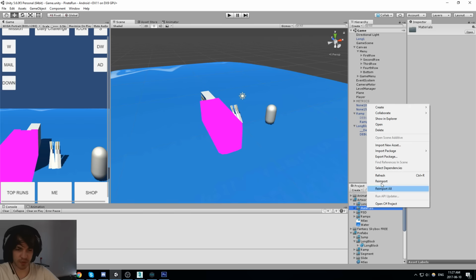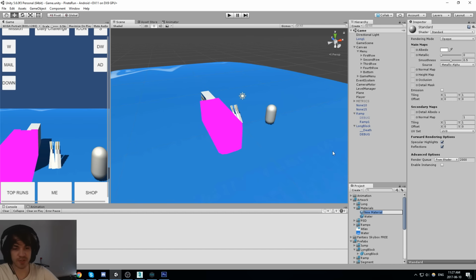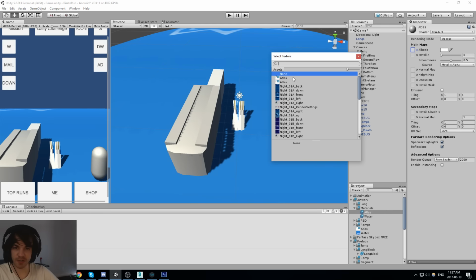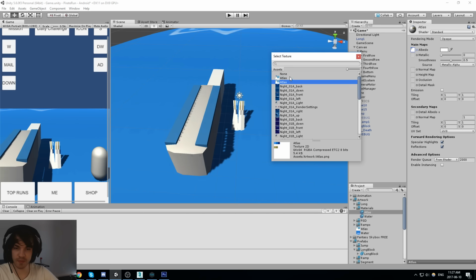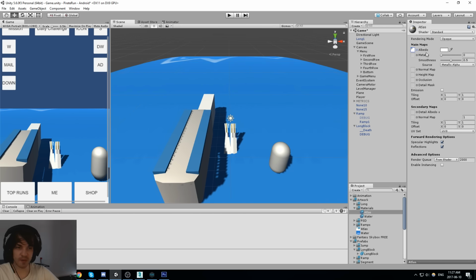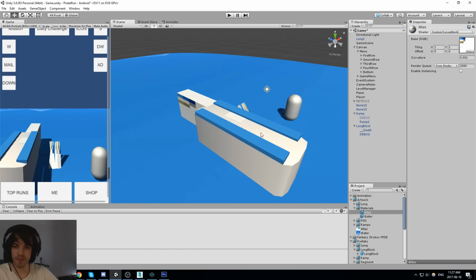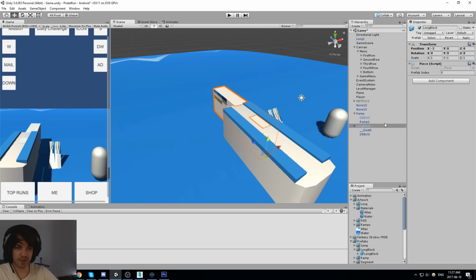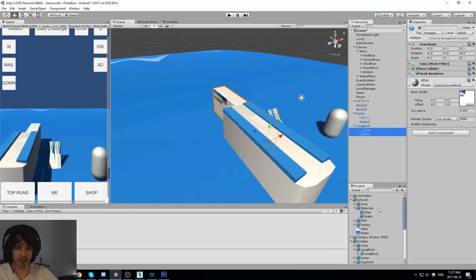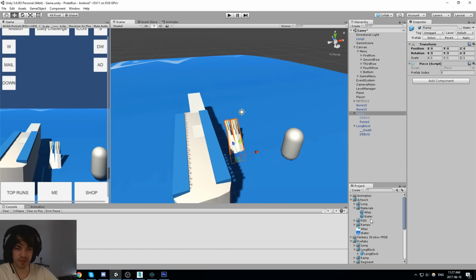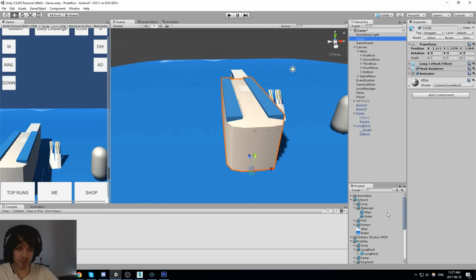I'll need another material for my atlas. That's what everyone's going to be using. So atlas. Put it here. Find my atlas texture. And then we make sure this bends. Cool, so we got it working. Now everything else I feel like needs to have the atlas, the one we just created. So it also bends. There we go, so that's our long one.